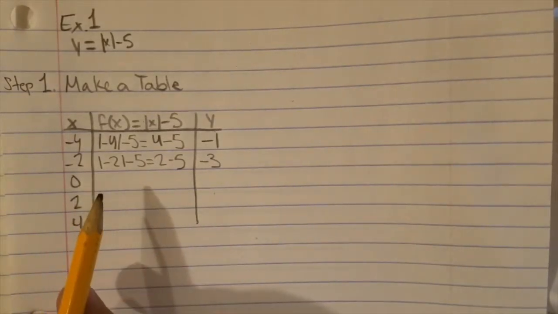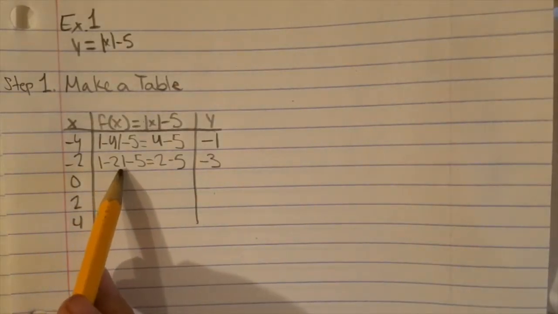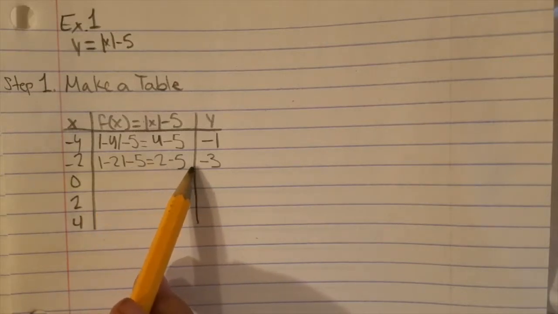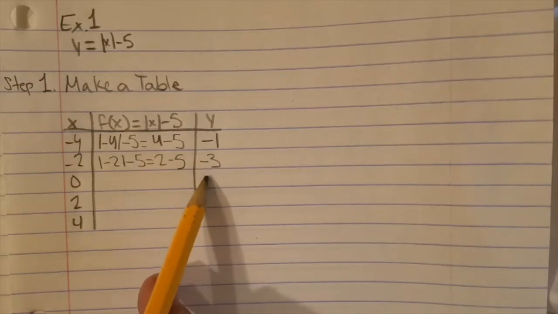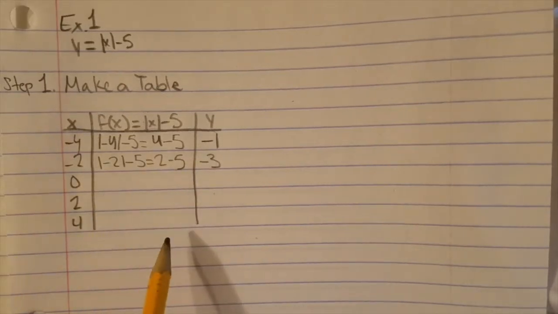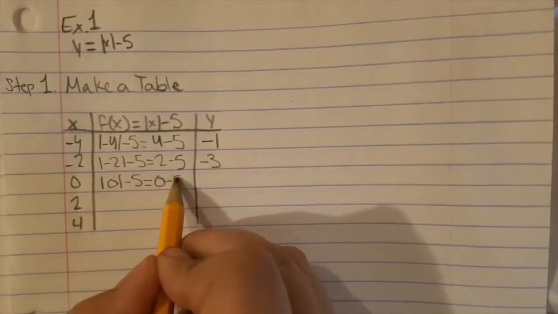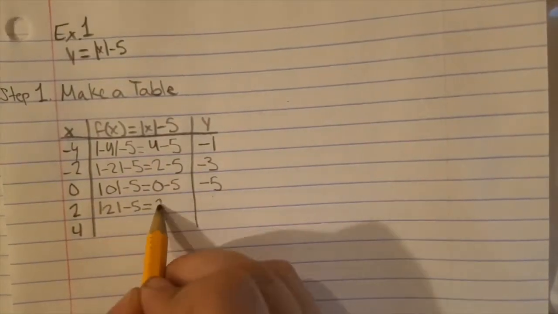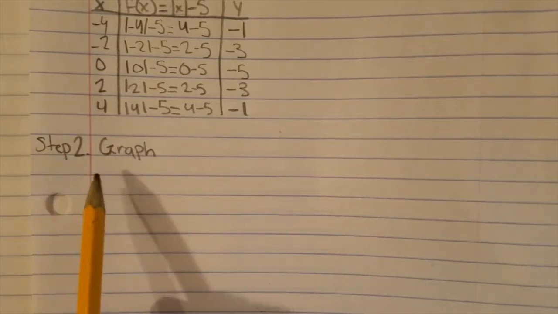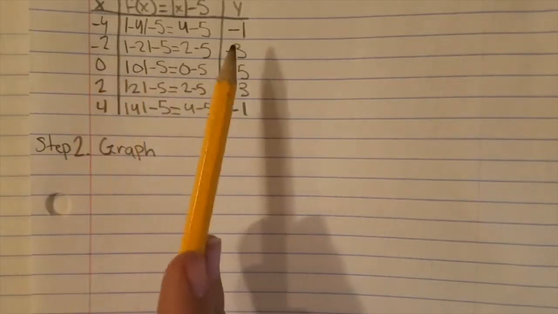The absolute value of negative 2 minus 5 would become 2 minus 5, which equals negative 3. So now you have your second y value. Now repeat the steps. Now that you are complete with step 1, move on to step 2, which is graphing your x and y